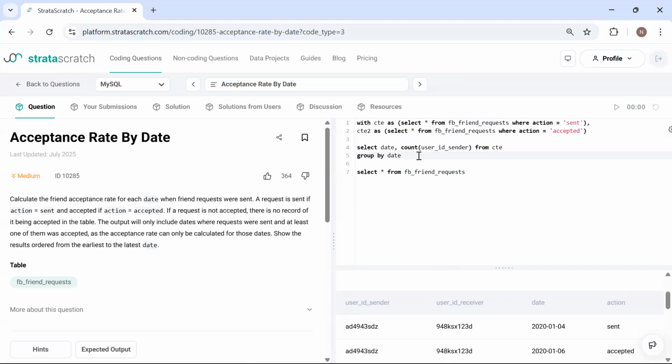Why? Because it can happen that a user has sent a request to another user, but that other user has never accepted the request, right? But still we need the count of how many requests got sent on a particular day. It doesn't matter whether it got accepted or not. If it gets accepted, then we have to find out the acceptance rate, okay? And if it is not accepted, then still we need the send count, like how many records got sent on a particular date. So we are going to do a left join,